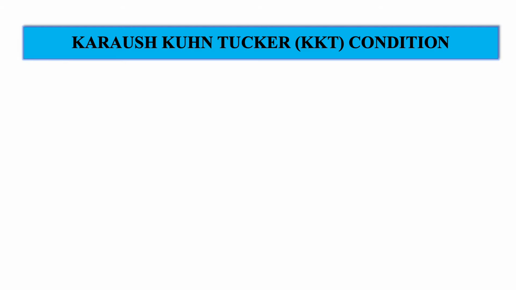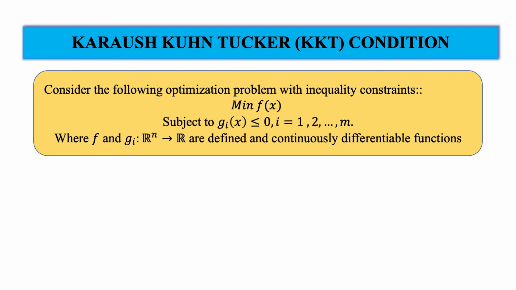In last lecture we have seen what is convex programming problem. As I told you, if we have a minimization type of objective function subjected to less than equals to type constraints, this is called a convex programming problem if my objective function f and all the constraints are convex.